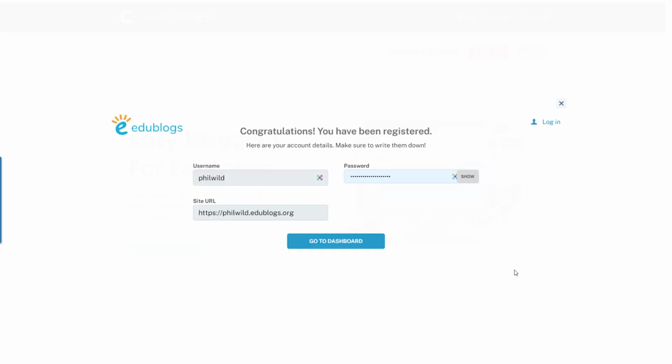You'll then be presented with this screen. This is recommended that you record this information. The URL is what you will give to your students or anybody else, and obviously the rest of it is your login information that you'll need every time you come back to the website to make any changes, add posts,